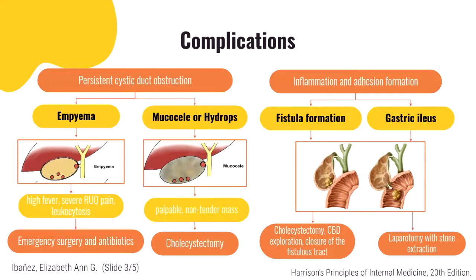For the complications, acute cholecystitis, since it is an inflammation of the gallbladder wall, or persistent obstruction of the cystic duct by a stone or biliary sludge, could lead to either empyema or mucocele or hydrops. With empyema of the gallbladder, yes po,